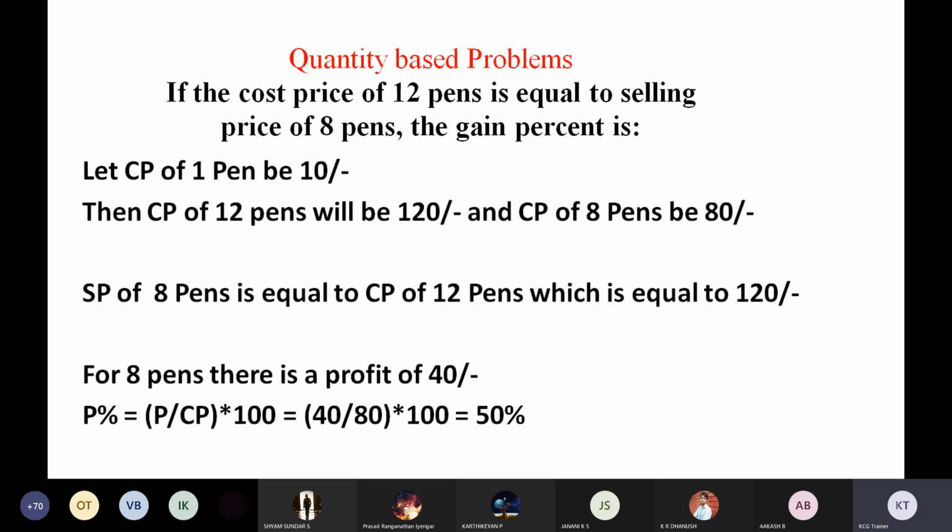Whatever money has been invested for 12 pens, that money is equivalent to the selling price of 8 pens. I repeat again, whatever money is invested for 12 pens is equivalent to the selling price of 8 pens. Now we need to find, in this scenario, what will be the profit percentage? Why is it a profit percentage? The reason behind that is